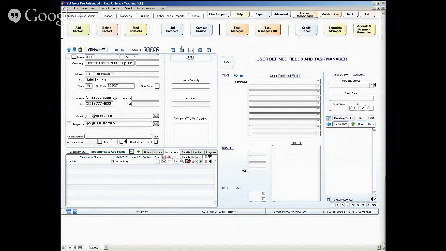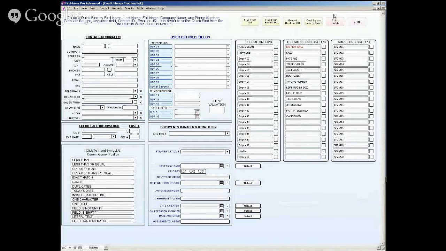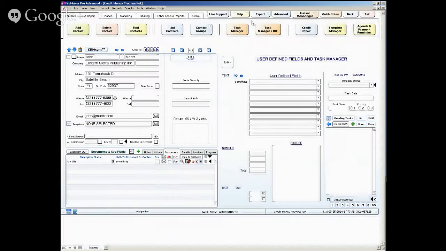So I'm going to select everything again and find with the full find. I'm going to clear just to be sure, and I'm going to put something here in any field. Okay, find from all. Lo and behold, we have it right here. So if you have content here, because this is the path to a document, if you are importing a document, or it could be content, because this can be unlimited. For example, for attorneys,